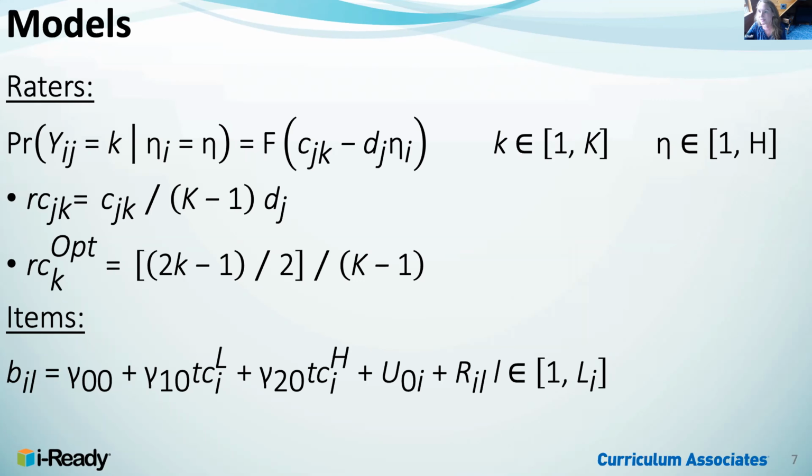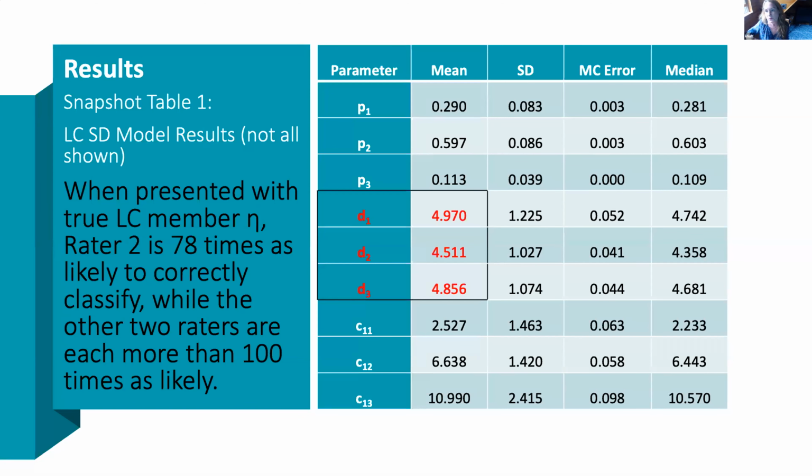They're pretty clear. So this is table 1. This is a snapshot of table 1, and this is the model results. Again, not all of the results, just a snapshot. I'm going to draw your attention to the 3 data points in red. These are a discrimination index of sorts. And 1, 2, and 3 refer to the rater groups. Remember, groups 1 and 2 are assessment, and group 3 is instruction.